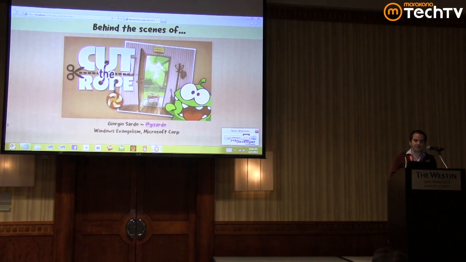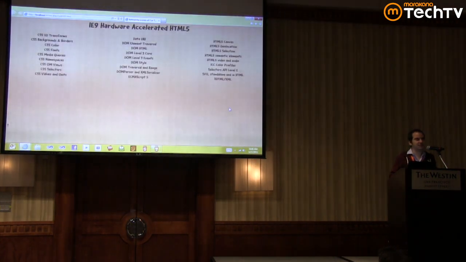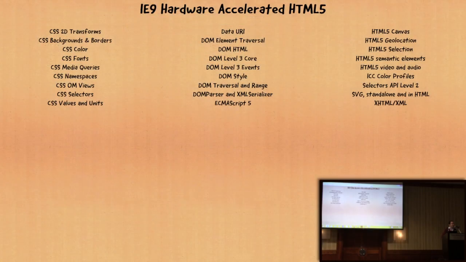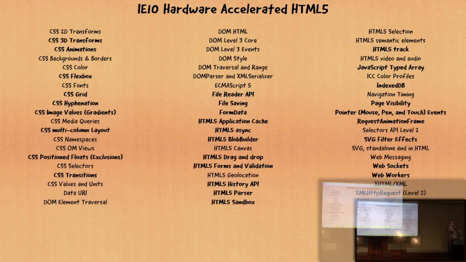If you hear Microsoft in the last, say, 2-3 years, we've been telling, oh, Microsoft is all in into HTML5, blah, blah, blah. Internet Explorer is fast, blah, blah, blah. Hardware acceleration, blah, blah, blah. But actually, it makes sense. Look at the progress. This was like what we implemented of the HTML5 specification about 2-3 years ago. This is what we have today.